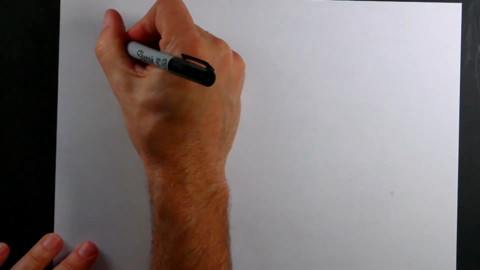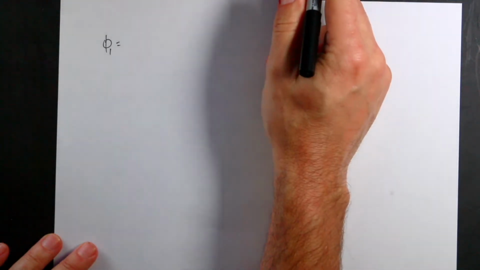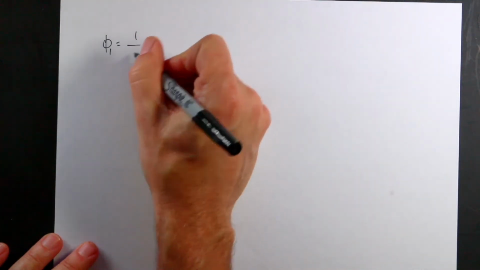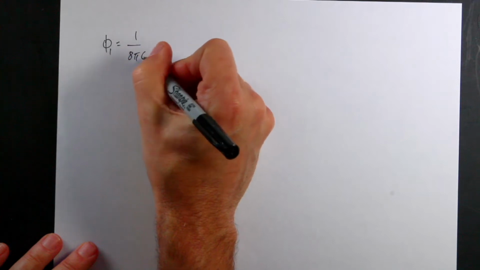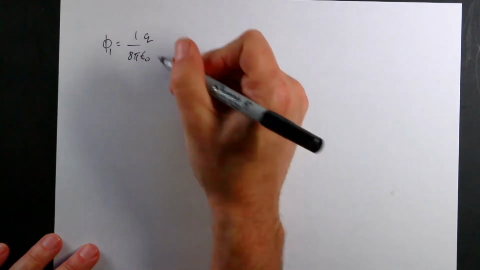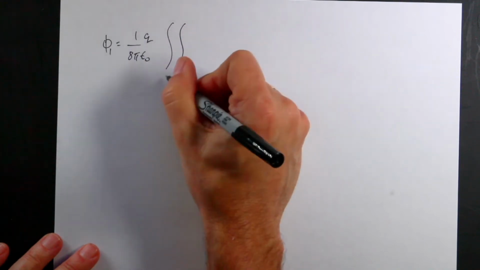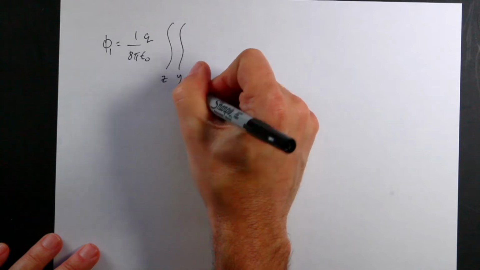Okay, so let's say I have phi 1 equals, I'm going to pull all the constants out front. I had that 1/2, so I actually have 1 over 8 pi epsilon naught. And q, I'm going to pull the q out too. Q. Yeah, and then I have the double integral, the z, the y,